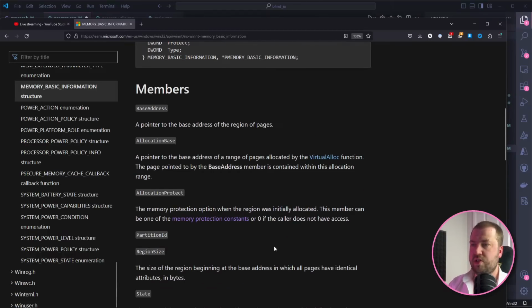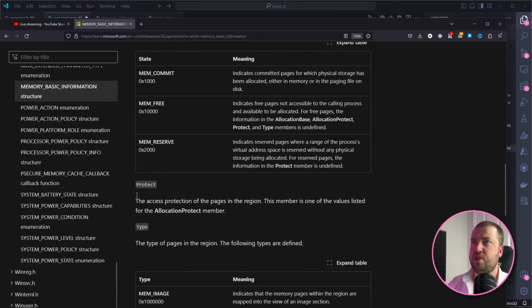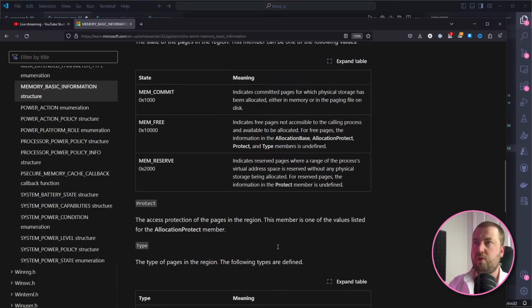What we are really interested in is the region size. This will tell us how many bytes this struct is telling us information about, if that makes sense. And then we also want the protect. This is the memory protection. This will tell you if the memory is readable, writable, executable, or some combination of all three.